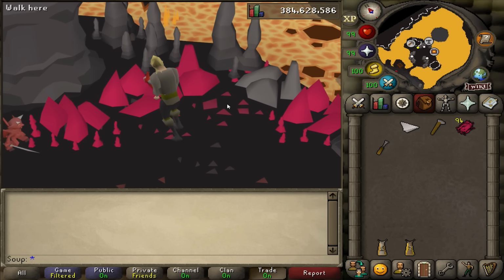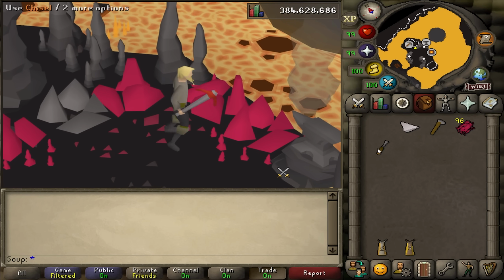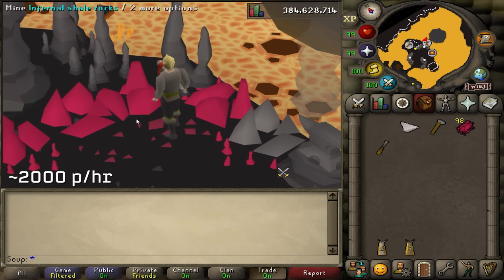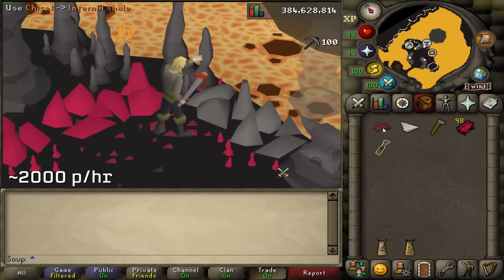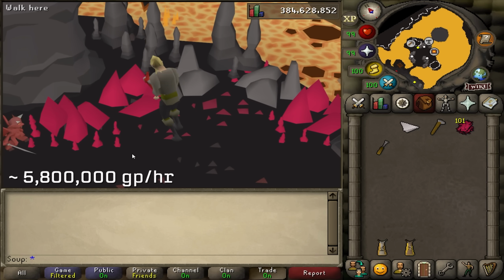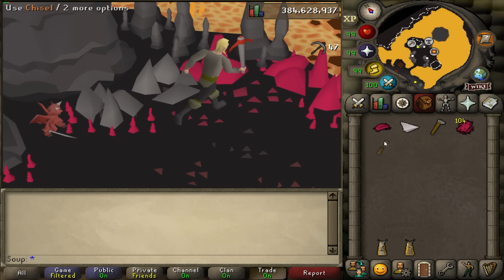rock. So if you get into this rhythm of wiping your head, crushing some shale, clicking on a rock, wiping your forehead, crushing some shale, clicking on a rock, you can get up to 2,000 shale per hour, which means that with this method, you'd be making over 5.8 million GP per hour with current prices. That is just absurd. What makes this method so good is that you actually get more crushed shale per infernal